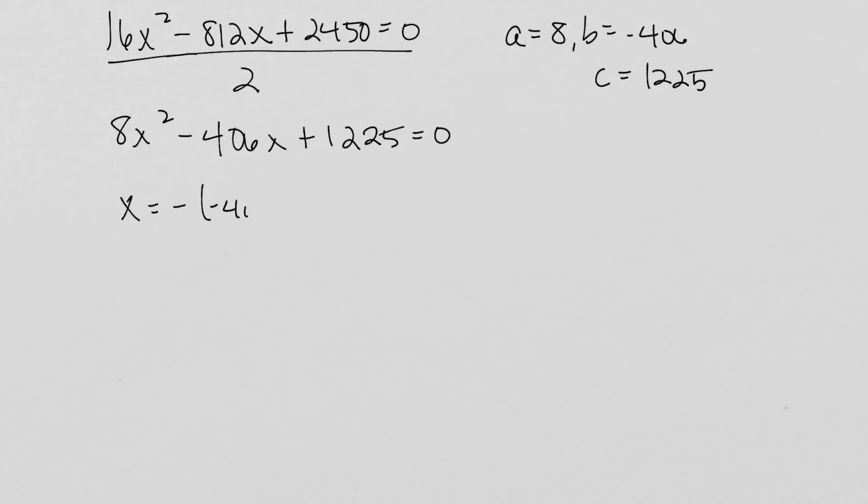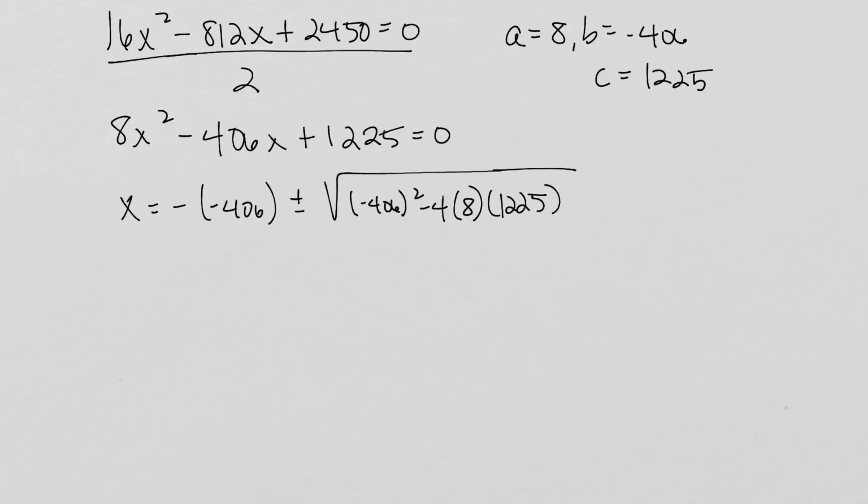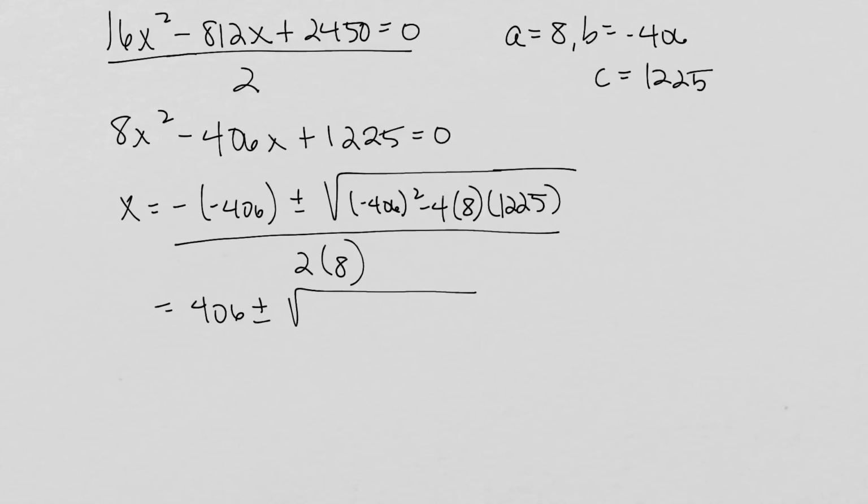the opposite of negative 406 plus or minus the square root of negative 406 squared minus 4 times 8 times 1,225 over 2 times 8, which is 406 plus or minus, when you have in here, I'm just going to put this all in my calculator, that's going to end up being the square root of 125,636 over 16,